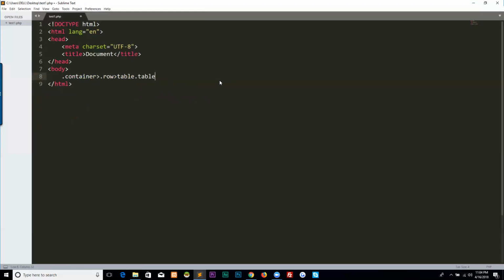Okay, so this is table with class table, and under that table we need, now this is called grouping. Grouping is done by using the parentheses. So two parentheses are being used now. So under table we need table head plus table body. So this is grouping,